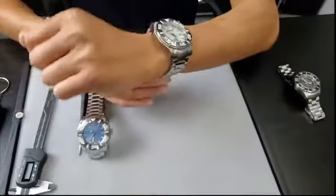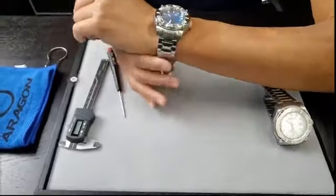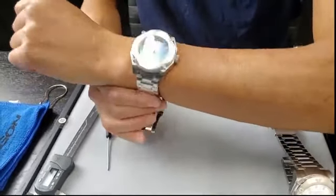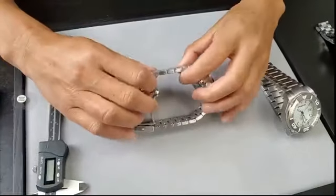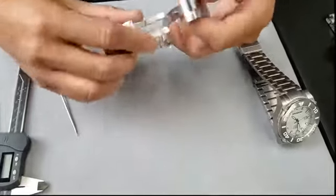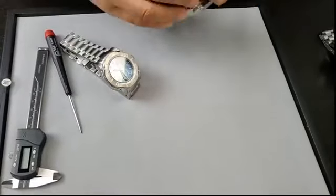And the 44 I'm going to show you is excellent for all the guys that prefer the 42 and the 45s. This is an amazing watch, very comfortable, with a brand new design bracelet. It's like a multi-layer link construction. And the last and final one we're going to introduce in this preview is the Enforcer